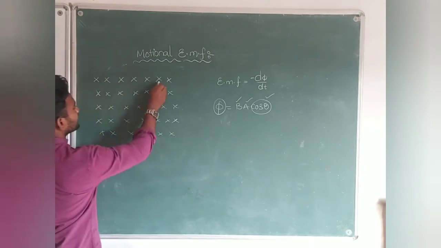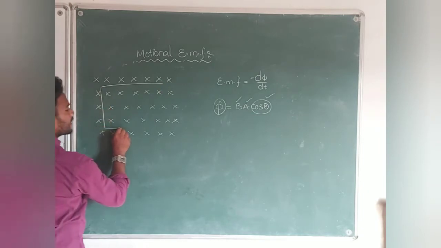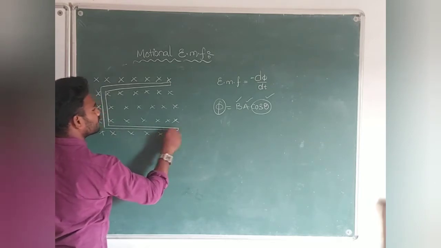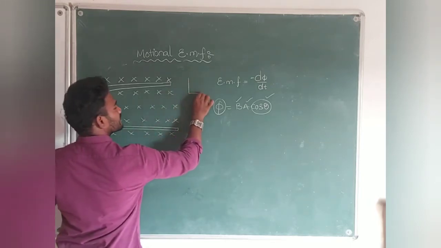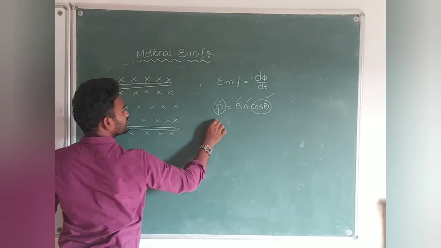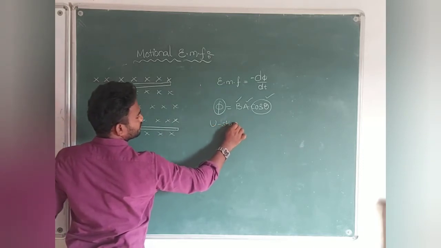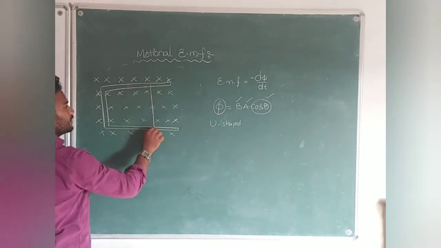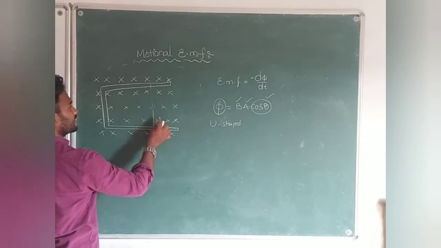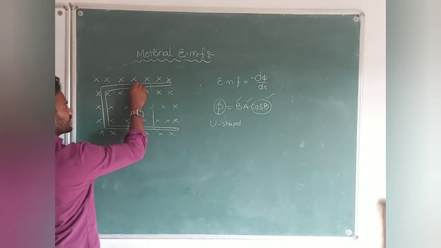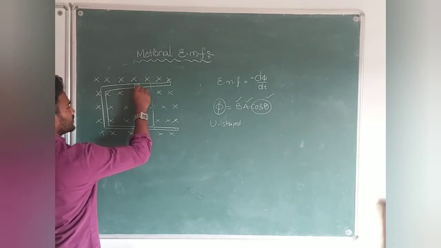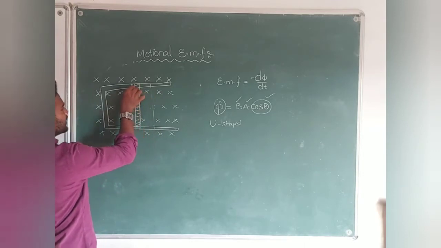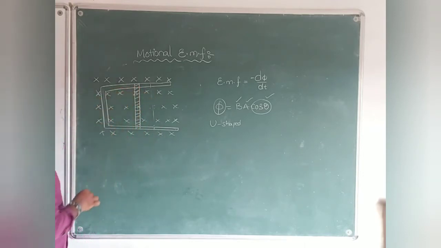Inside the magnetic field, I took a conductor in this shape, students. The shape is nothing but a U shape, a U-shaped conductor. Now let me take one conductor which is moving here. I am going to join this conductor here now, students. So this is what I have joined here. Then what happens? It forms a loop here, guys.